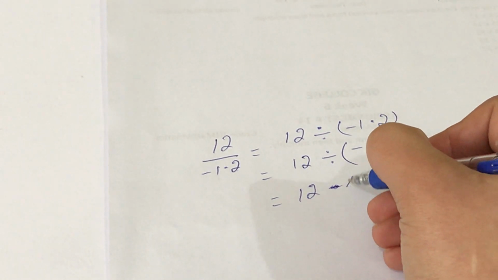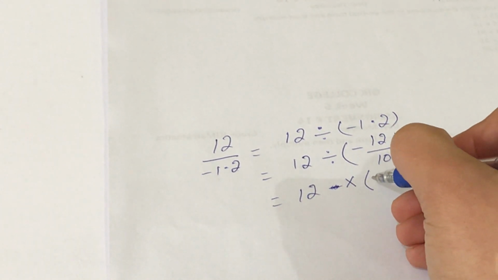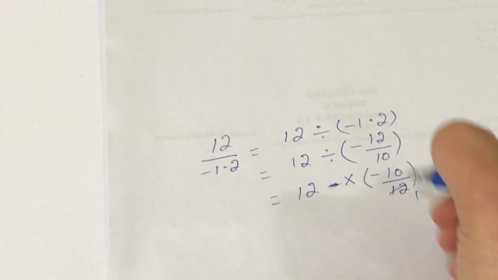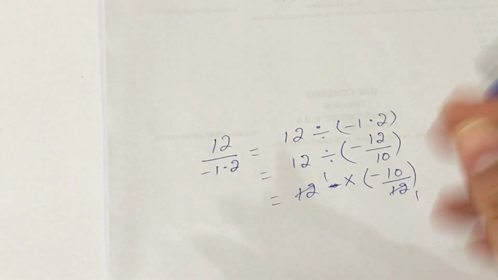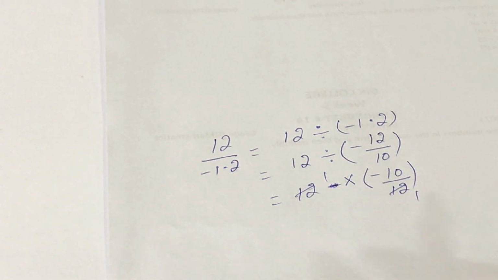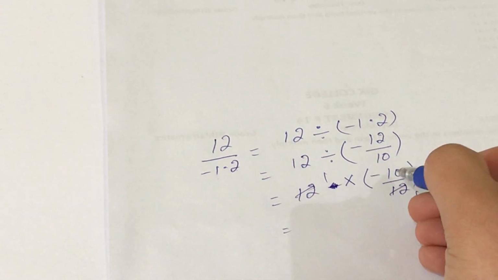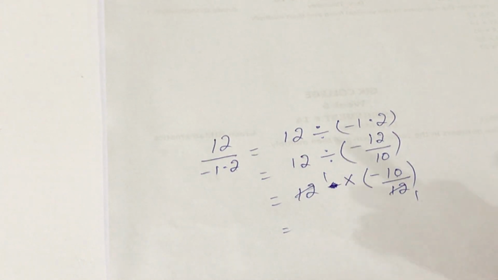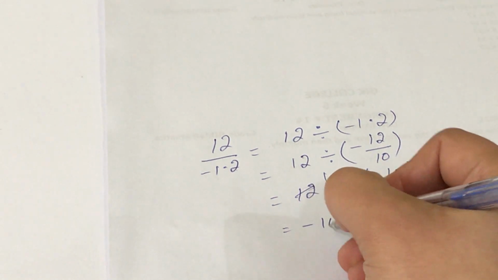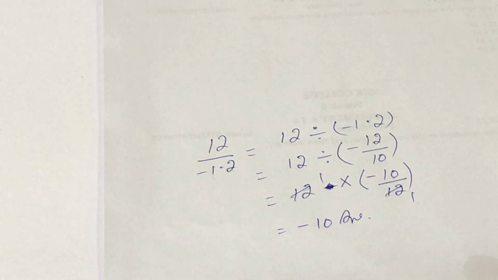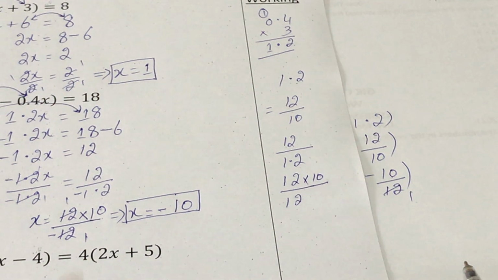Change this division sign into a multiplication sign and take the reciprocal of the fraction, right? Now 12 ones are 12 and 12 ones are 12, because both are on the opposite side, so you can eliminate these two, and again 10 ones are 10, or 10 over 1 is 10, so you will be left with negative 10 as your answer. So you can solve this division of a whole number by a decimal number in two ways.